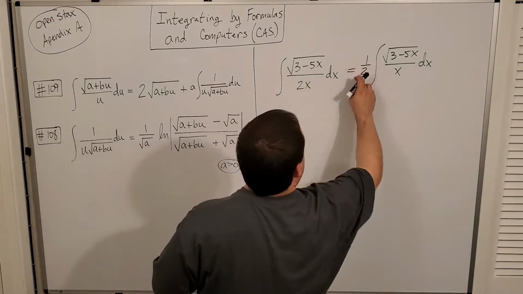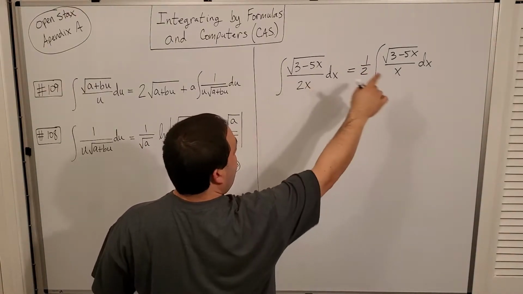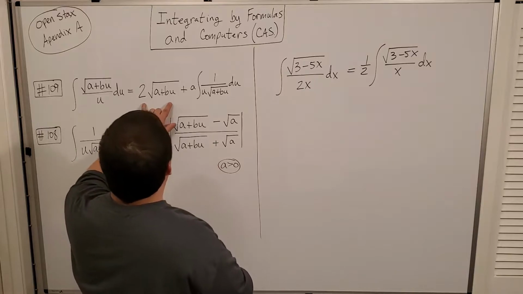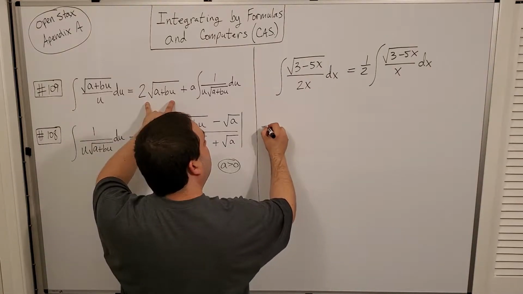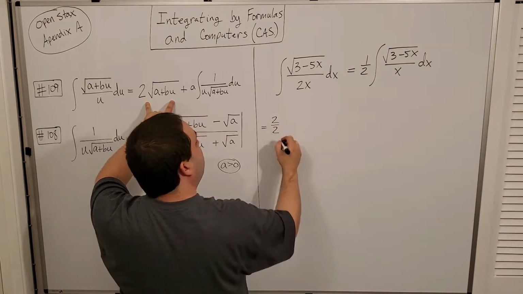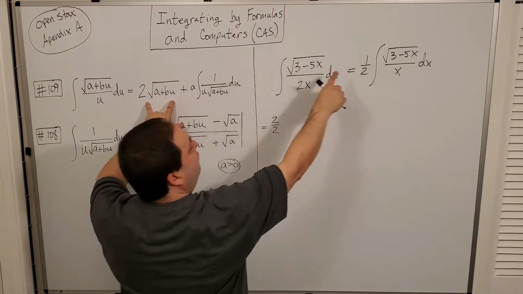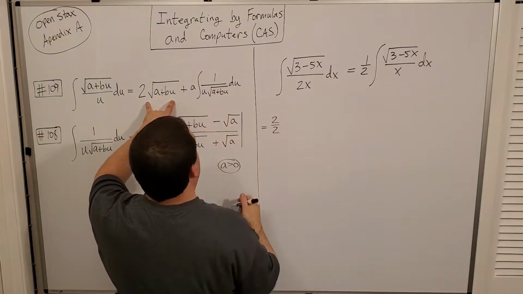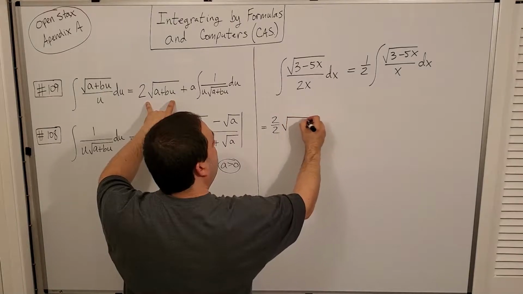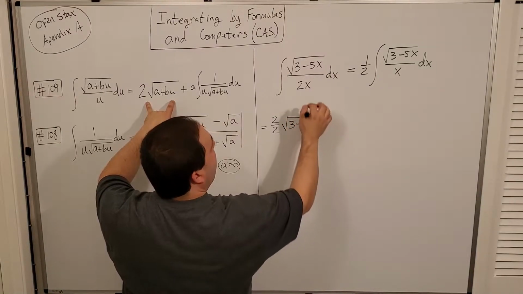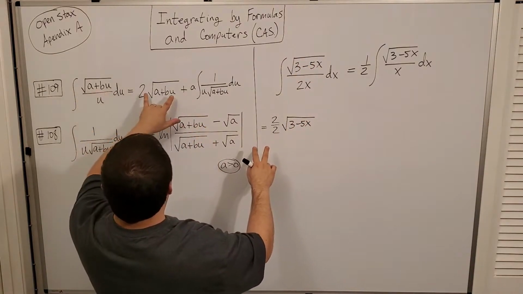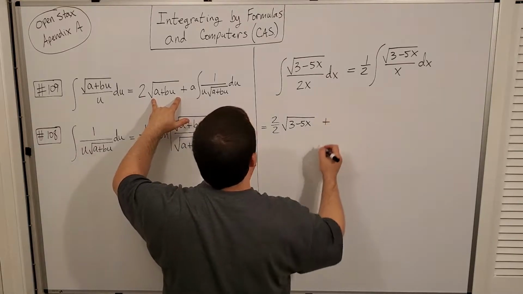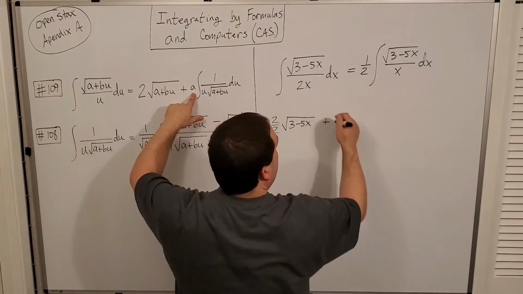Okay, so now my 1/2 is going to be multiplied by everything. So I'm going to start here. That's going to be 2 over 2, because of the 2 from the formula and the 1/2 that I'm multiplying in. Square root of 3 minus 5x, because it's the same binomial as in the formula, plus a, which is 3, times